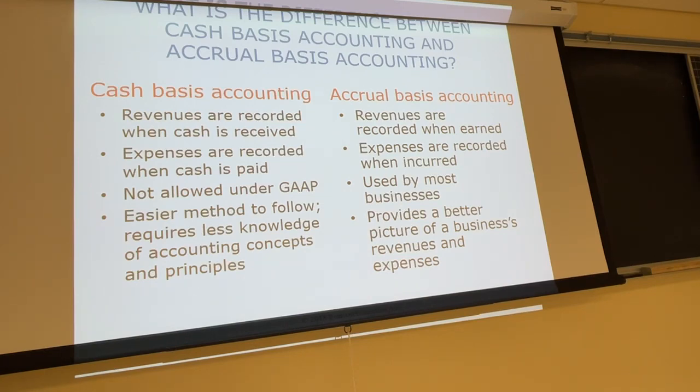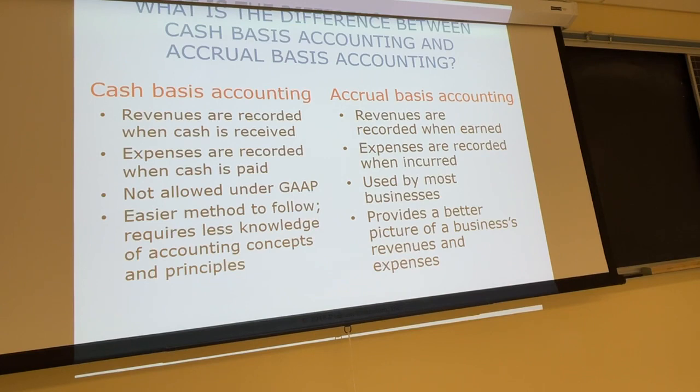Another reason they may follow the cash basis is if they're a small business, they may file their income tax returns on a cash basis, and it makes it simpler if they prepare their books on the same basis as their tax returns. Larger businesses, though, are required to prepare their tax returns on an accrual basis anyway, so they might as well follow GAAP, prepare their books on an accrual basis, and prepare their tax returns on an accrual